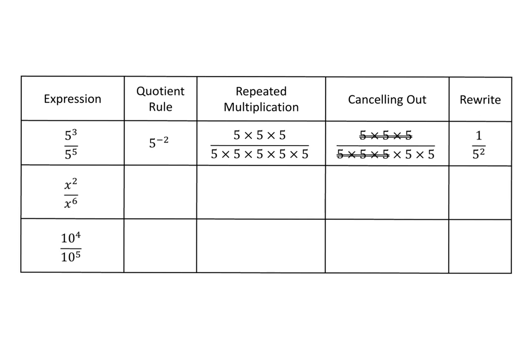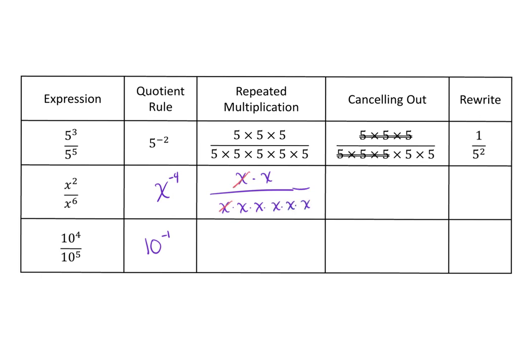All right, so in this case, you'll notice my numerator is smaller than my denominator. So when I apply my rules, 2 minus 6 gives me a negative 4. 4 minus 5 gives me a negative 1. What does that do? Well, if I were to write these out, x times x, and then I have 6 x's down here,